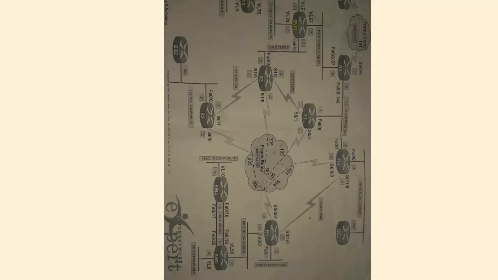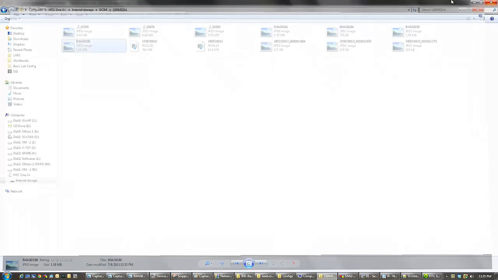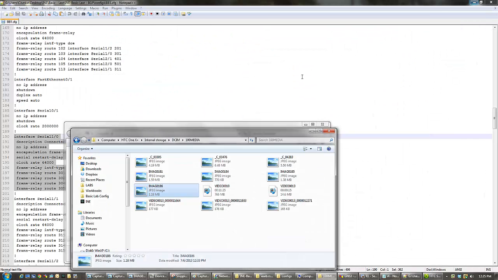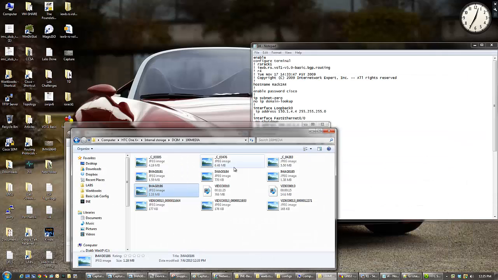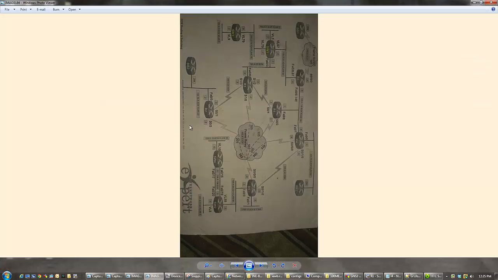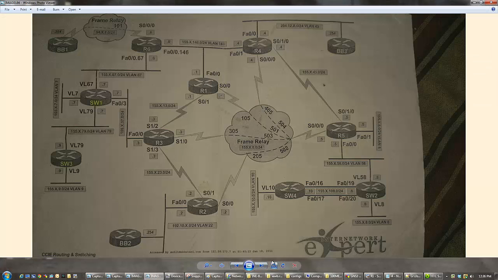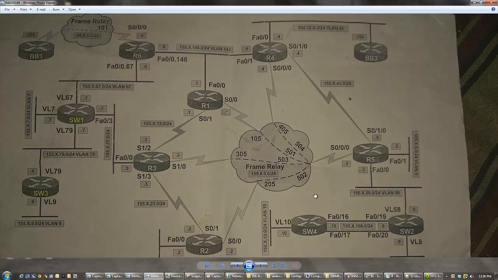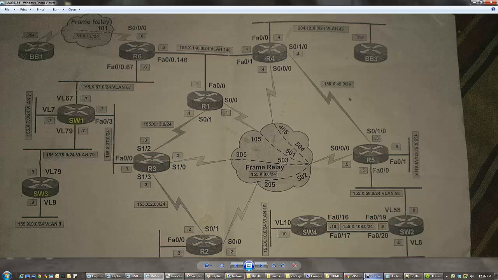Sorry about the delay, please. Let me just copy this image to my desktop. Rotate it. Okay. Sorry for the bad picture. Now,